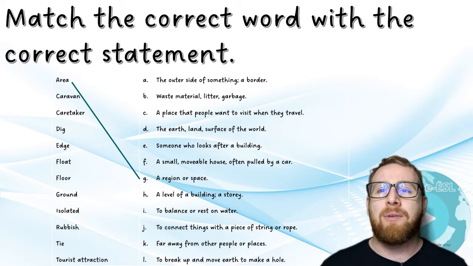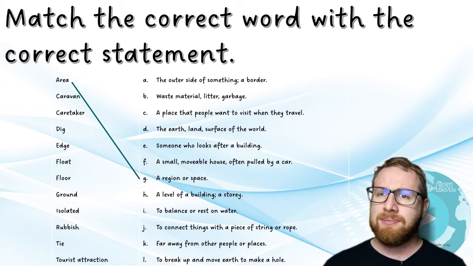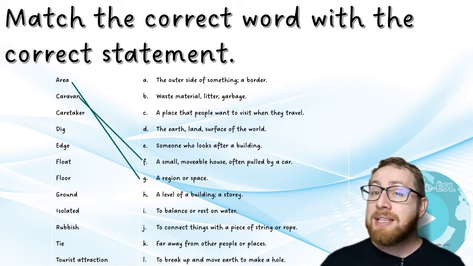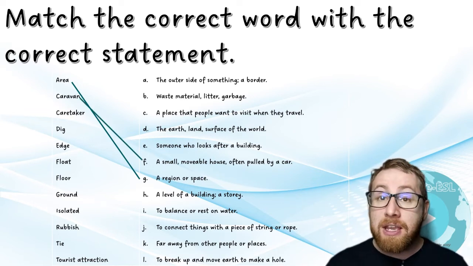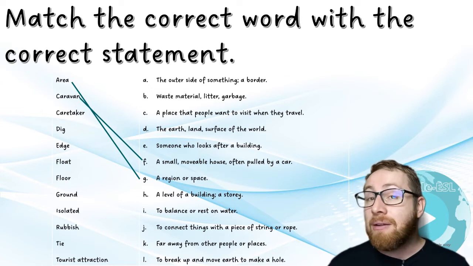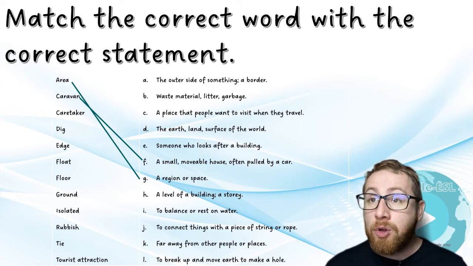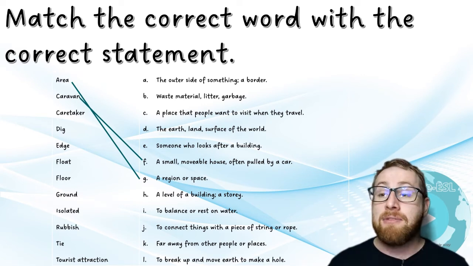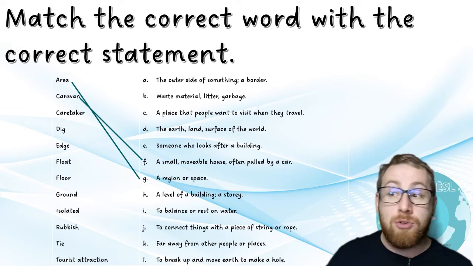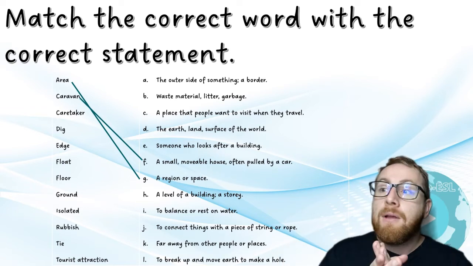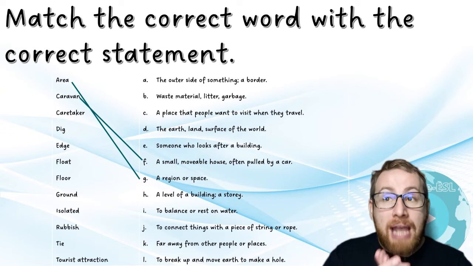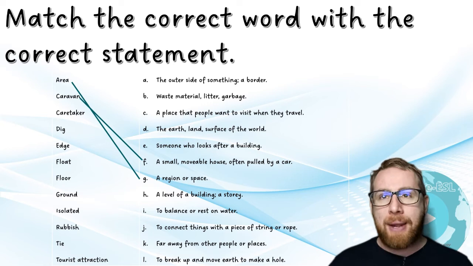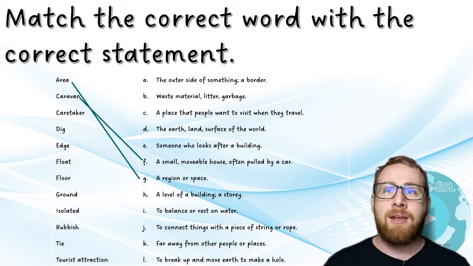What about caravan? What's a caravan? If you're on holiday and you have a car, it's a small movable house that you can pull by a car. So a caravan, these can also be pulled by horses, but a caravan is a place where you can take shelter and be safe. So if we went to a mountain range, I would bring my caravan. So we have a shelter before we go up the mountain, a place to stay warm and safe.